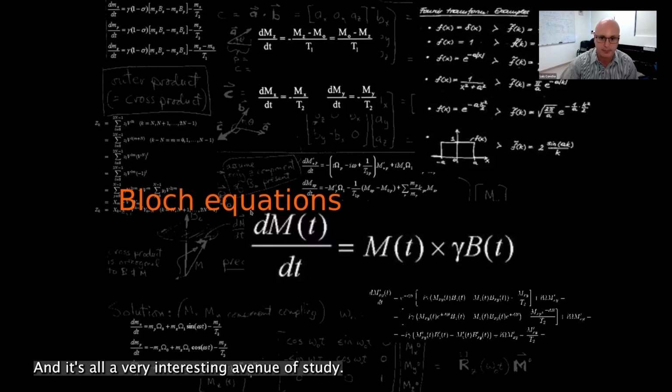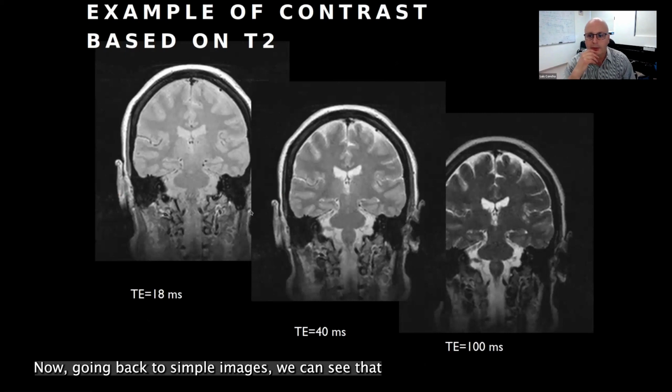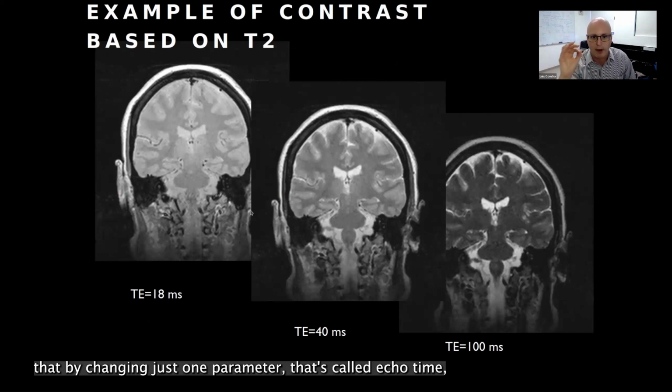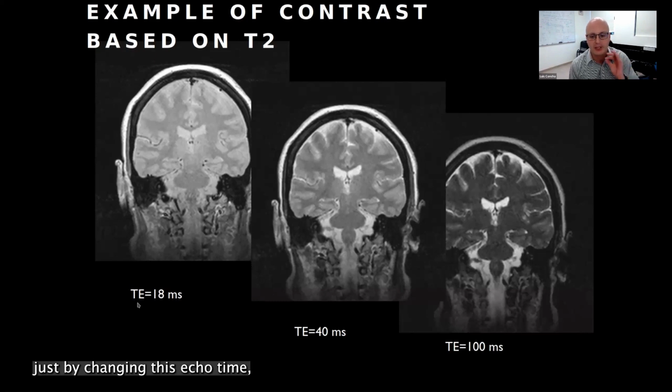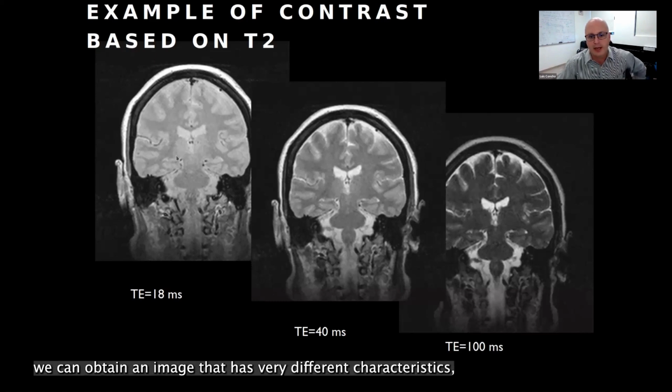Now, going back to simple images, we can see that if we play with our pulse sequences, and if we play with the parameters of the pulse sequence, we can obtain incredibly different contrasts in images. So here I am showing you three different images that are acquired with a particular pulse sequence, where by changing just one parameter that's called echo time, and we use the acronym TE in English as well as in Spanish, just by changing this echo time, we can obtain an image that has very different characteristics, ranging